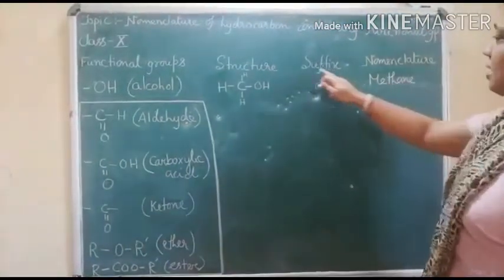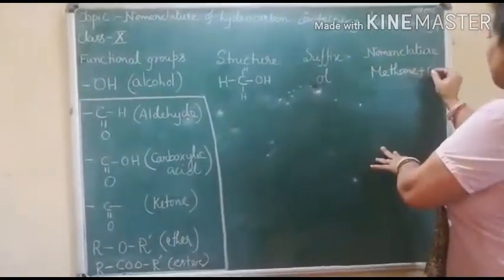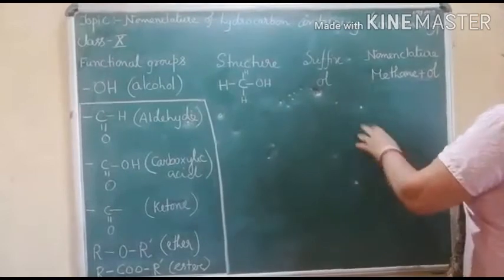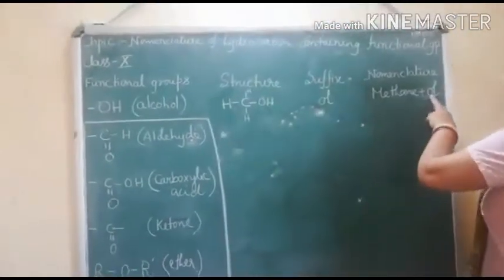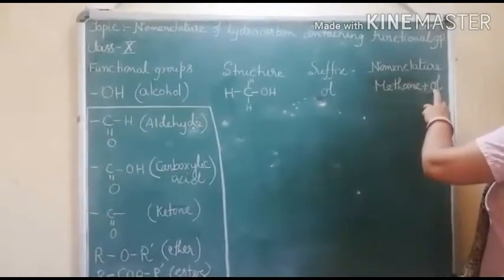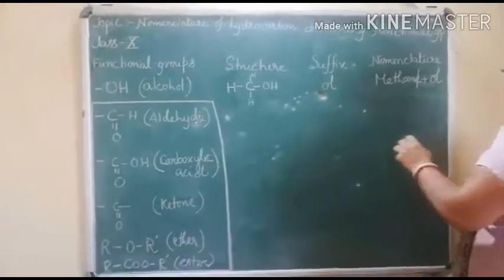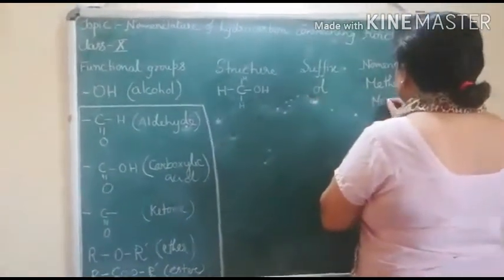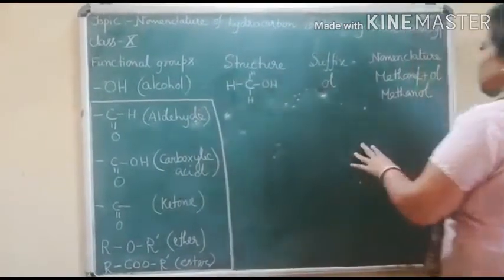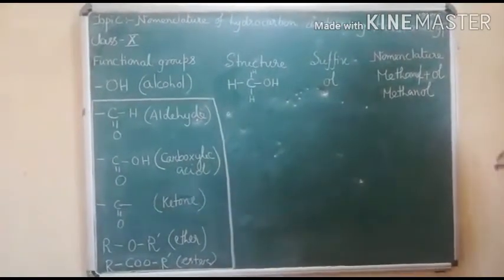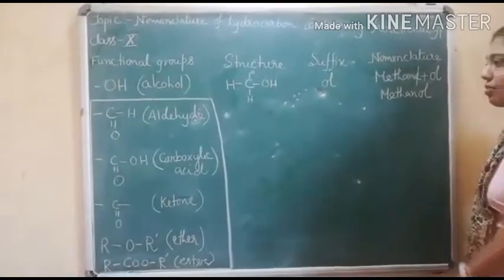Along with this, as the OH functional group is there, so plus OH, plus OL. For OH the suffix is -ol. Now E and O are both vowels, so I will omit this E. So what will be the name? The name is methanol. Like that I will now draw, and I expect that if you understand, then you can write up to a 5 carbon chain.